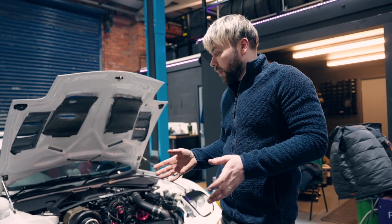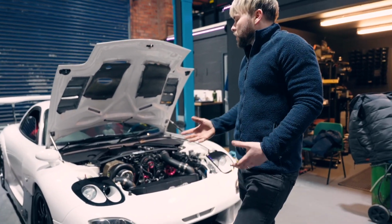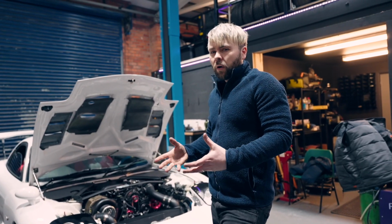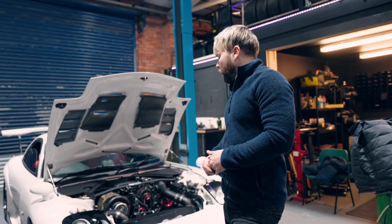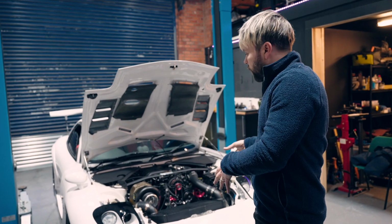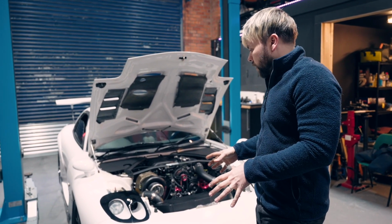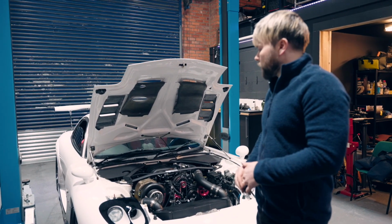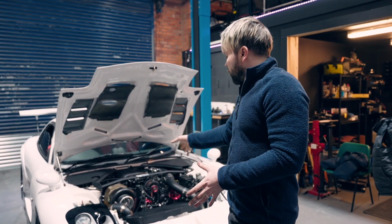It wasn't boosting properly and the ECU was locked, and there was just a bunch of issues, and with the way it was set up mechanically, it was never going to quite be what he wanted. So we had a good chat about how to make what he wanted out of the car. And that turned into a single turbo conversion. There was already a lot of really good bits on it, so some bits we didn't really have to touch. We had to modify some things, and he just wanted to put his own touch on the car, and he wanted reliable horsepower. So we did a big single turbo conversion,